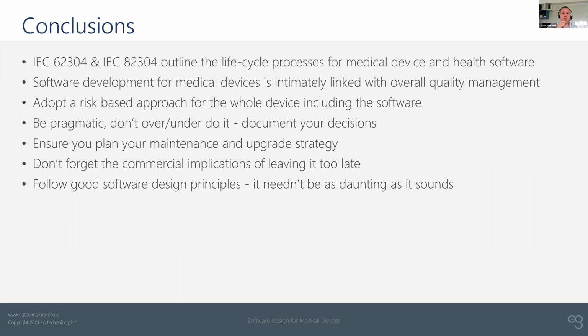They both talk about a life cycle process for software, and more broadly, you should really think about good design and development approaches for the software, but these can be aligned with development processes that software engineers are familiar with, like Agile. Your software development needs to be linked in with your overall quality management system and the overall risk assessment of your product,